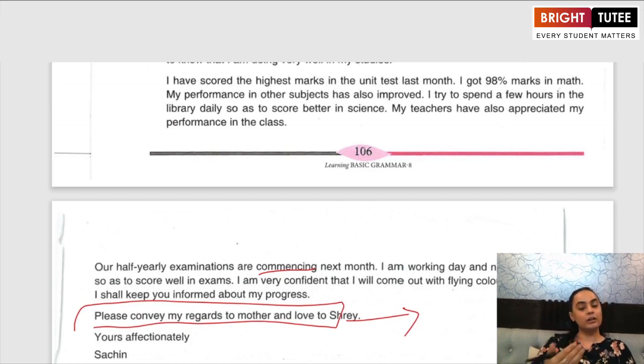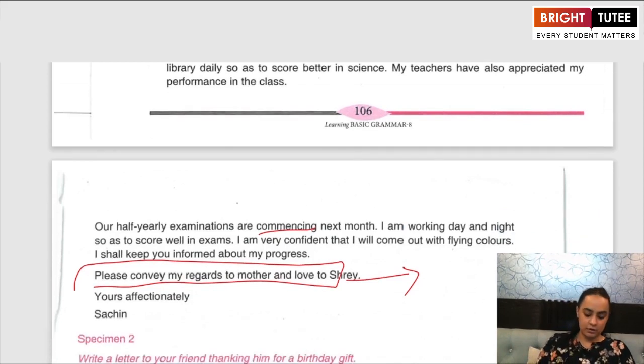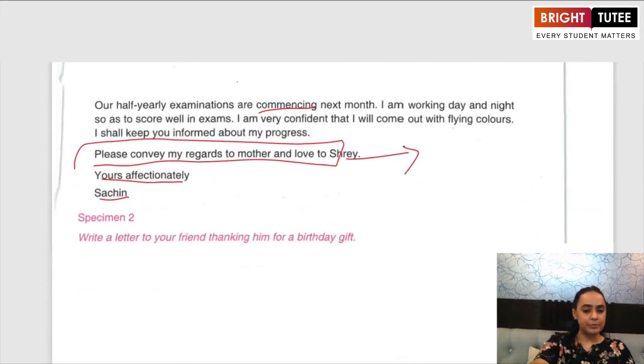This is how you are conveying your love to those whom you are not addressing in the letter, right? You wrote this letter to your father, and your mother, and let's say your younger sibling or elder sibling who's left, you will write their names at the end. And after that you write, yours affectionately, and your name. Let us look at another example.